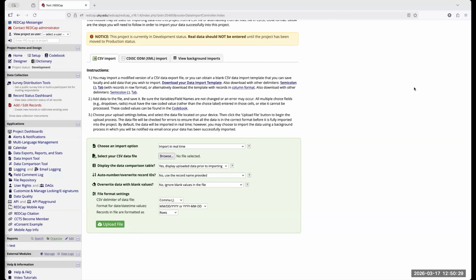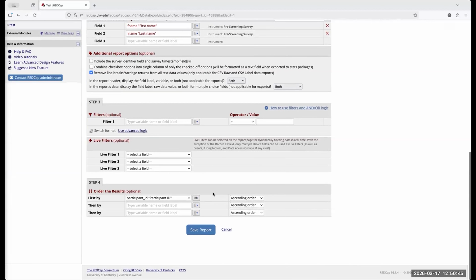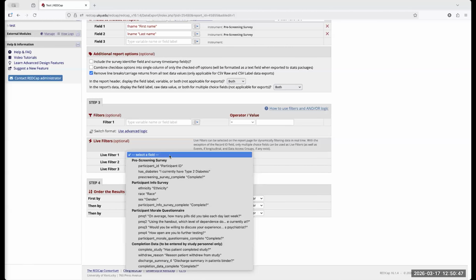What does the live filters option do in the reports? It's live data that is currently coming in. I can't do it on this one because we don't have any. Generally this is for if you have a whole lot of data coming in at one time. So you just sent out a survey to 1,000 people and they're all Johnny on the spot, sending in stuff immediately.